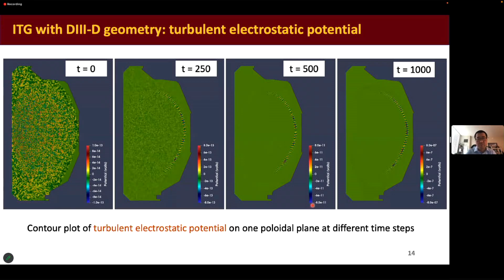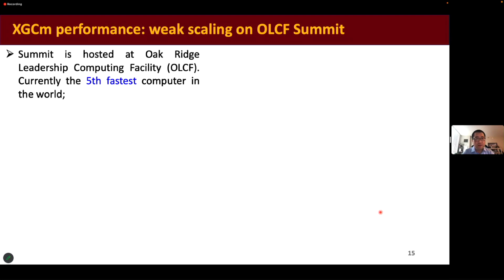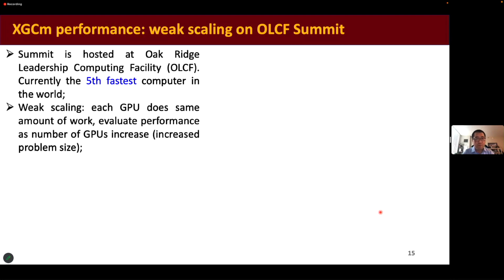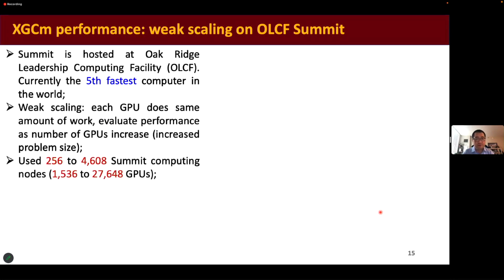This is an undesirable effect in the tokamak device. We want to avoid this one, so we want to study how this actually evolves and then mitigate this undesirable turbulence phenomenon, because turbulence will disrupt your fusion reaction. With this, let's talk about the XGCm performance, basically weak scaling, on